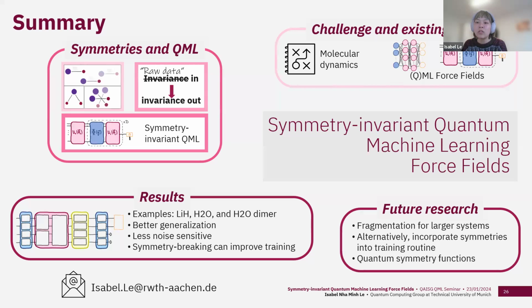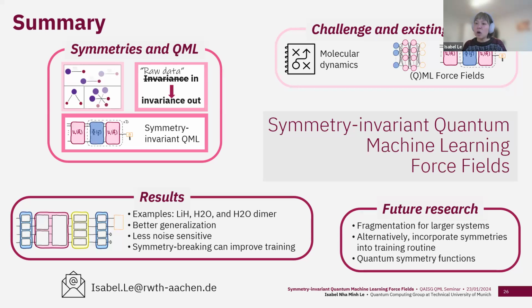And alternatively, as an alternative to incorporating the symmetries in the quantum learning model itself, it could also be considered within the training routine, which was recently proposed under the name of symmetric derivatives of parameterized quantum circuits. So that would be a very different direction. Instead of including it in the quantum operations, just use a generic quantum learning model and include it in the training routine itself.